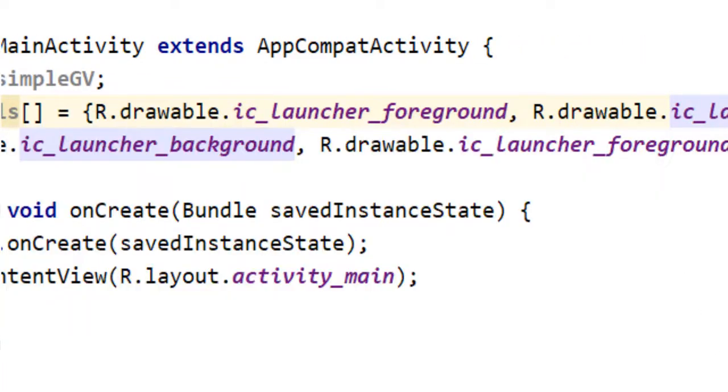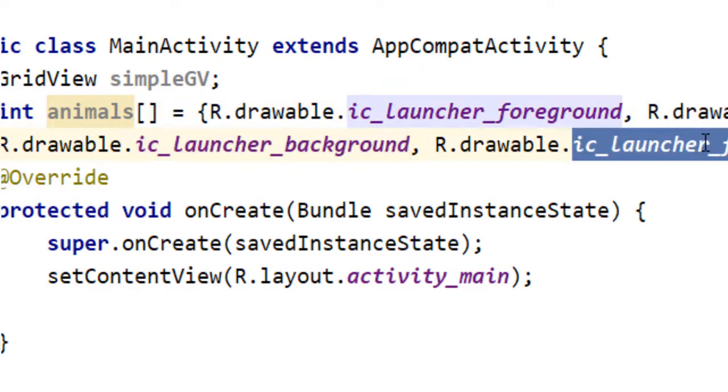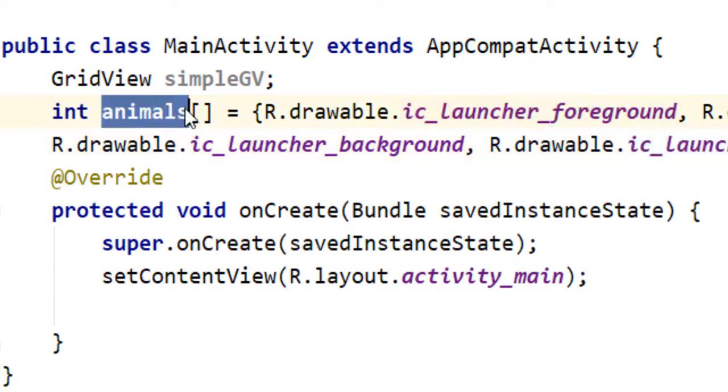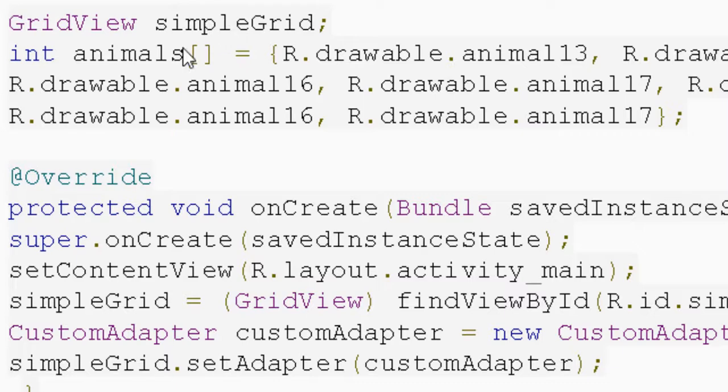You may take an example like this. So this is the first image value, this is the second image value, this is the third image value, and this is the fourth image value. Now we have 4 images in the animals array. So I am not taking an exact example from the internet, but you can take an exact example with different images for a few of the items. So your instance of that variable is created, your initialization of animals is also created, and now we have the onCreate method that you know very well.